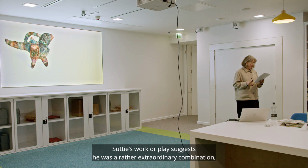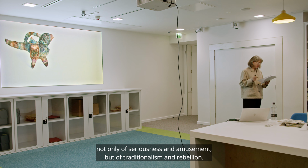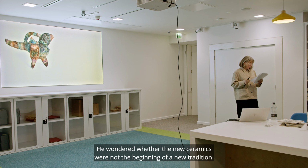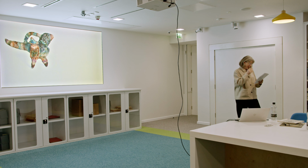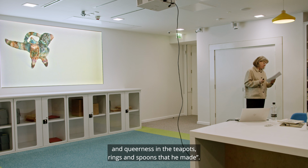Suttie's work or play suggests he was a rather extraordinary combination, not only of seriousness and amusement, but of traditionalism and rebellion. He wondered whether the new ceramics were not the beginning of a new tradition. His style was something new, whilst also acknowledging that he was very influenced by pre-Columbian arts and craft. This may be true, but there's also a strong narrative of gayness and queerness in the teapots, rings and spoons